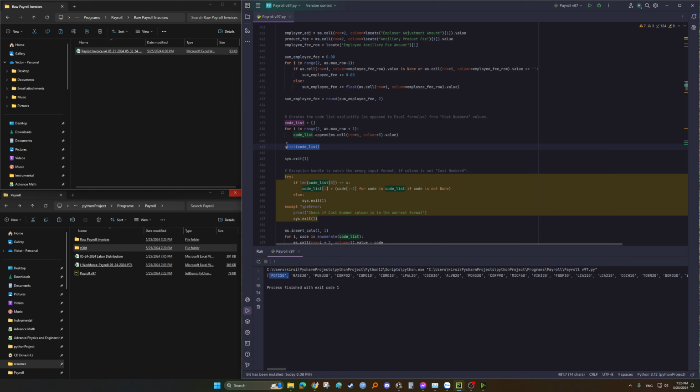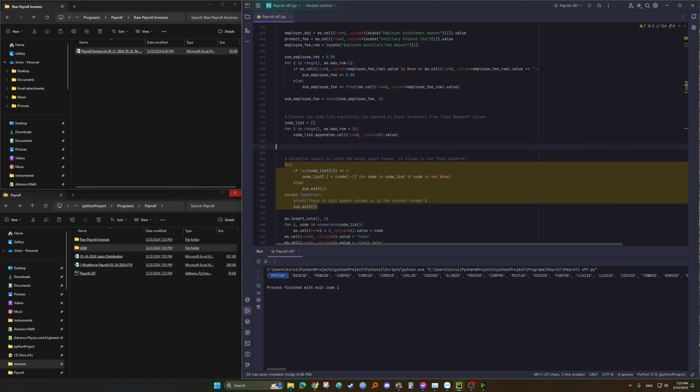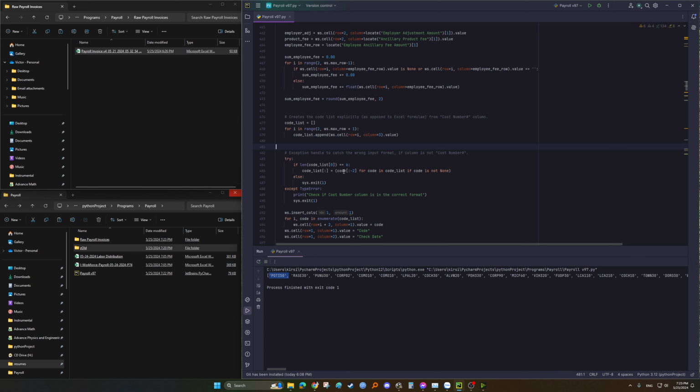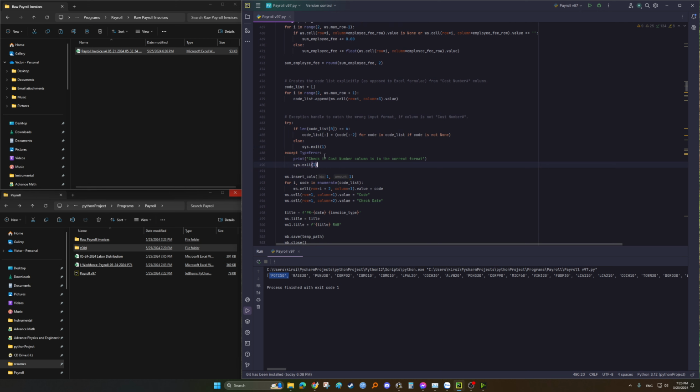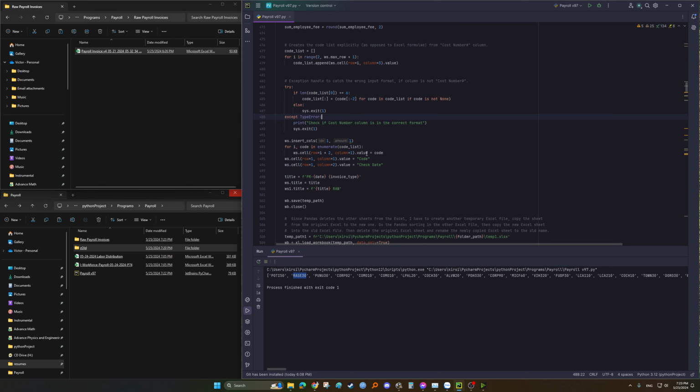Yeah. So let me get rid of that. Okay, here I just create an exception, just in case the formatting of the code list is not correct, just to make sure that it's at least 6 characters long, because all of them should be 6 characters long. And if it's not a none value,